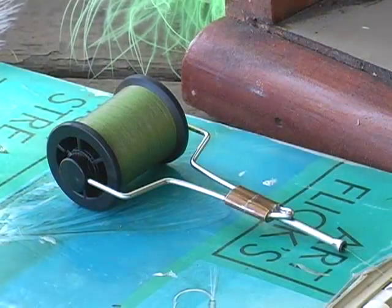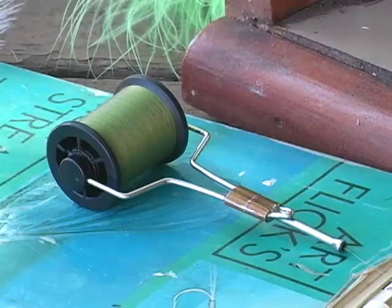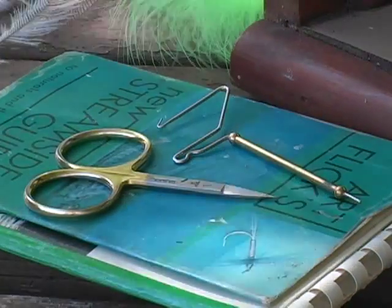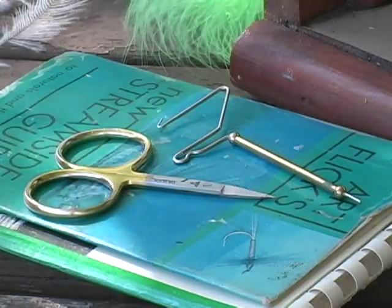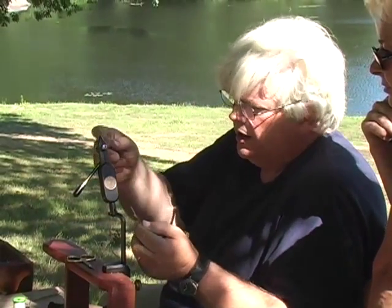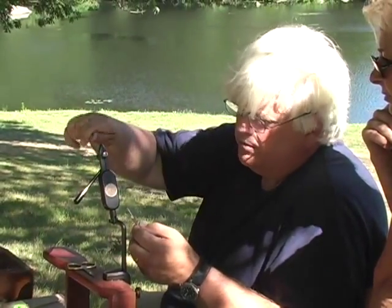This is a bobbin and the thread, and the bobbin holds the thread. You do need a couple of good pair of fly tying scissors. If you have one, very good tool. Make it your scissors. This is a whip finish tool, which applies the finish at the end of the fly. And this is a hackle pliers, and it helps you to hold the material and to turn it onto the